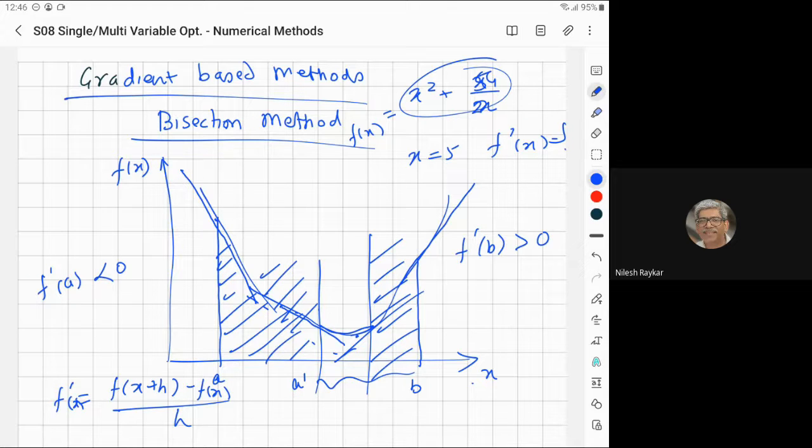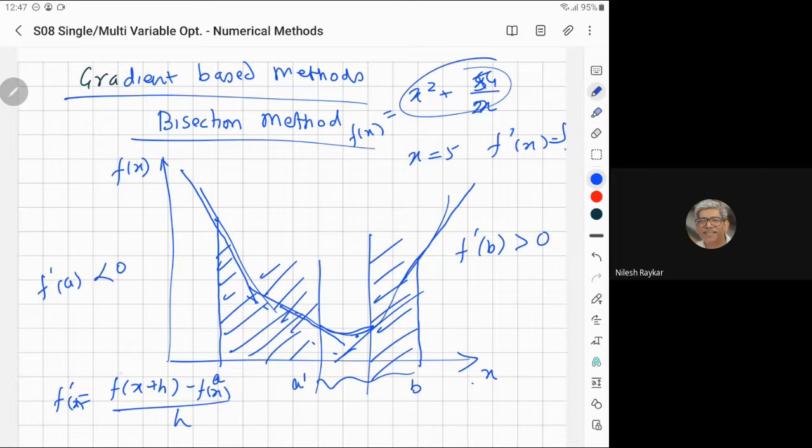But how much should be the value of h to be taken? If x equal to 5, then h should be how much? As h tends to 0, the limit will give you the accurate value. The smaller the value of h you take, the more accurate answer you will get. So this h value, typically in our calculations, we consider as 0.01 times x. It could be anything. I'm just taking 1% of the x value. That will be sufficiently small to give a more accurate answer.